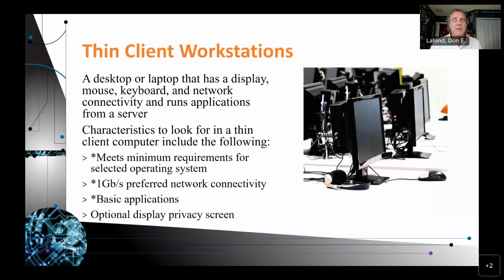Yep. And so this is the thin client I was talking about a little bit ago. A thin client is a desktop or laptop that has a display, mouse, keyboard, and network connectivity, and runs applications from a server. The characteristics to look for in a thin client include that it meets the minimum requirements for the selected operating system. It has a 1 gigabit high speed preferred network connectivity, and that's basically saying you have only basic applications loaded on it itself. Everything else is virtualized on another computer, and